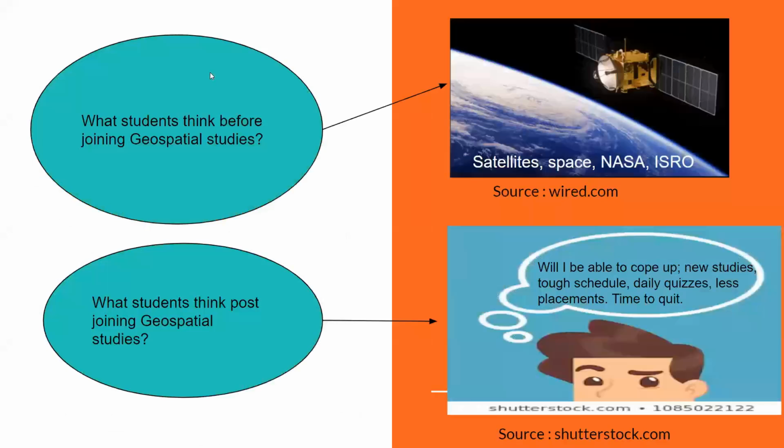So I will tell you about the students' perspective, what students really think before joining geospatial studies, a small kind of flow chart. We used to think that remote sensing is about satellites, space, NASA, ISRO, and we were quite excited when we joined the institutes and the studies. But after joining, what we face is a tough schedule, some daily